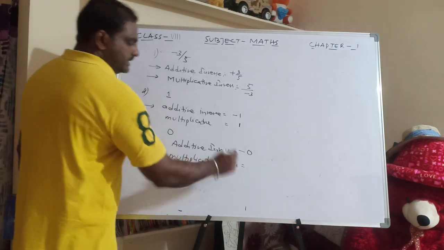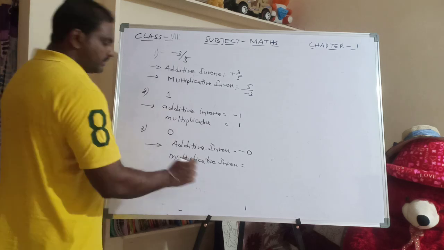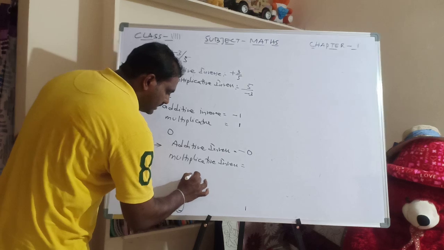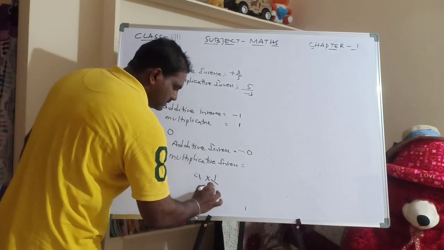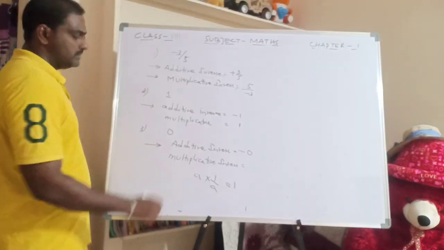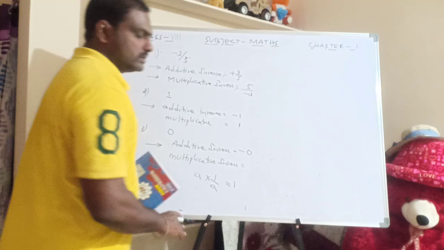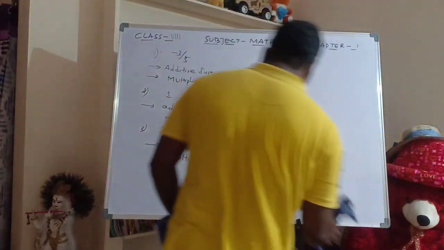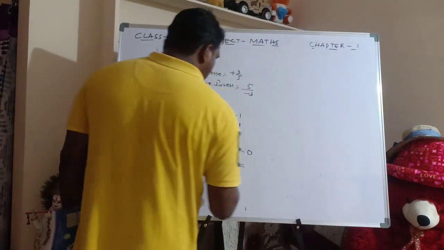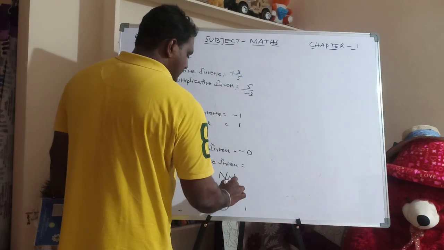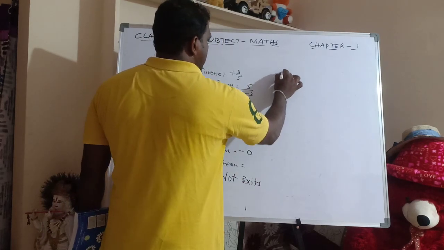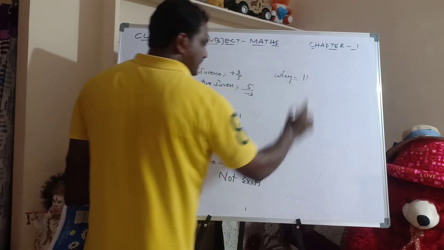So, how to identify in this case? So, what is the point? If we multiply a number with its multiplicative inverse, I should get 1. But in any case, 0, if it is in the denominator, it is not possible. So that's why what we have to write is: it does not exist. You may ask why it does not exist?